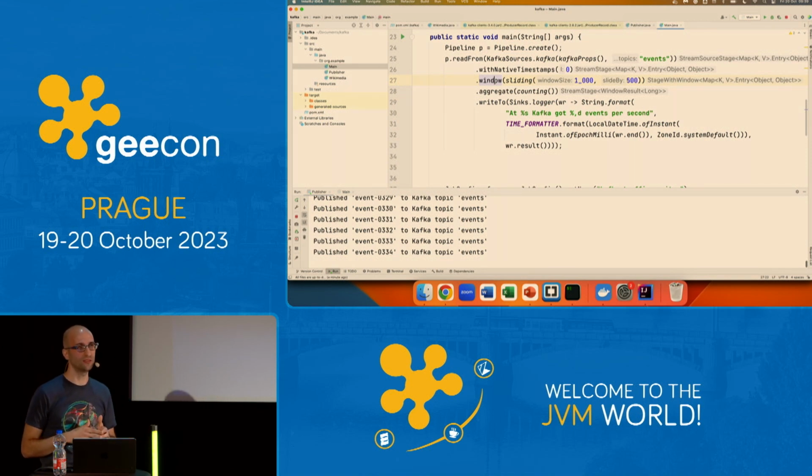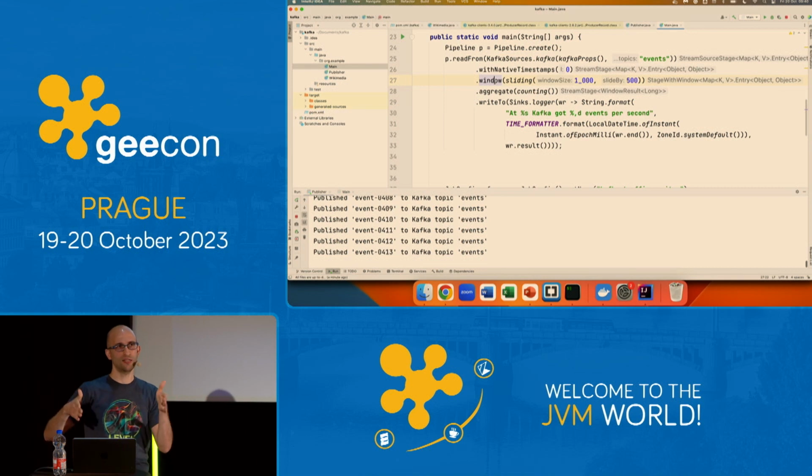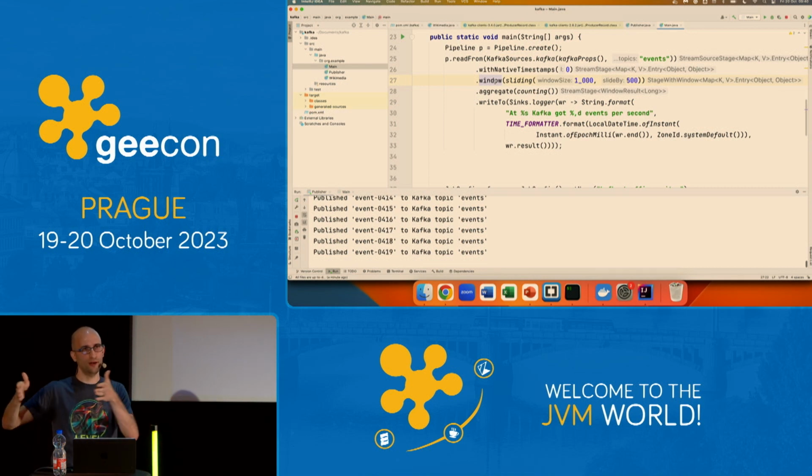So what you can do is use windowing. You say 10 events, or 1,000 events, and then you slide this window. You say, I'm going to slide it 1 event per second. So you can slide per time, or you can slide it per event, so every 1,000 and so on. So if I run it now,